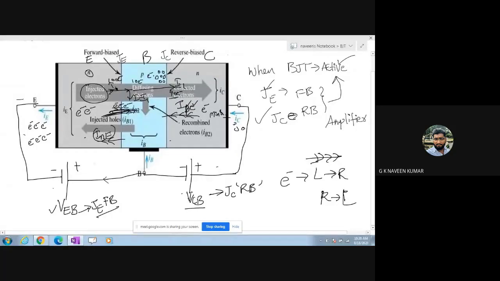This 90 electrons moving towards the collector indicates emitter efficiency, nothing but the number of electrons that are sent by emitter, and the number of electrons that are reaching. Suppose 90 electrons are reaching the collector junction and 100 have been sent by emitter, then emitter efficiency is 90%, like that. So this I minus I1 is indicating the recombination. The fewer the electrons recombined with the holes, the better. Is that clear?